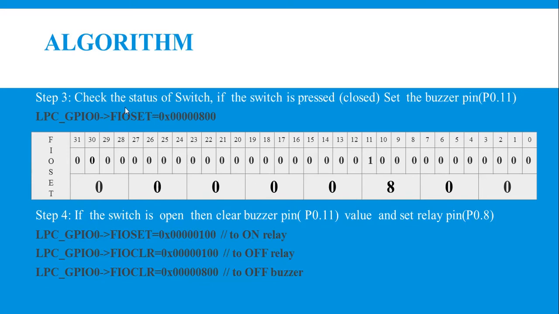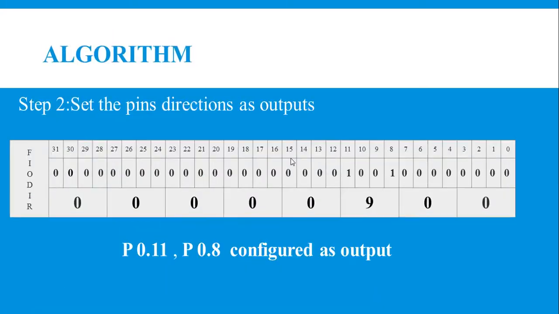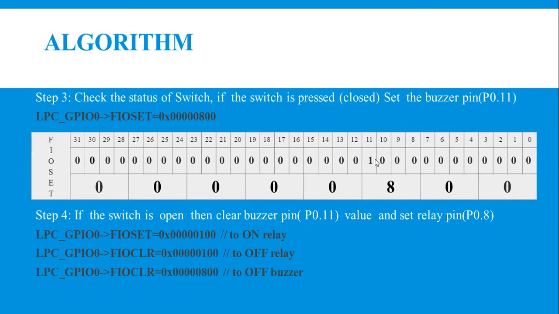Then you cannot use the set register, you have to go for the clear register. If you want to send logic 1, you should use the FIO set register, and if you want to send logic 0, you have to use the FIO clear register. In this case, if you want to send logic 0, then the corresponding bit position should be made 1 with the help of the FIO clear register. Similarly, if you want to switch off the buzzer, then the register used is FIO clear with the value